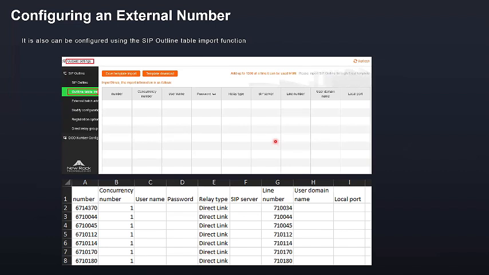Again, you can also use the table import function, because there are so many. You can generate up to 1,250 IPT trunks in one interface card. So you can also go here, outside settings, outline, table import. Then you can download the template and fill in the required information as you can see in the table below. After that, import the template. So with that functionality, it's easier for you to configure our OM 8000.